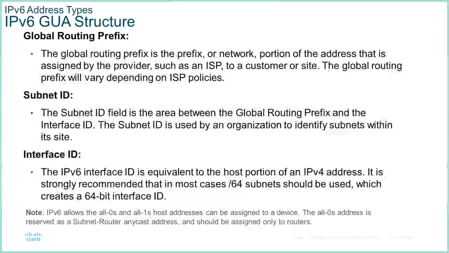The structure is the same, just the way it's applied is different. The first part, your global routing prefix, will be given to you by your ISP, and this prefix length will vary depending on where you are in relation to your ISP and how many addresses you need,